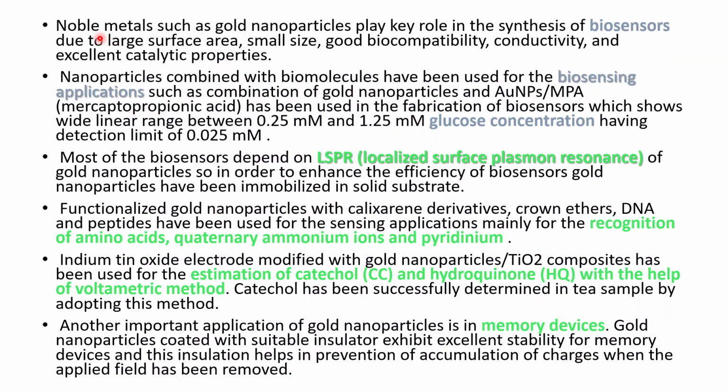And another application is that noble metals such as gold nanoparticles play a key role in biosensors, especially because of their large surface area, small size, good biocompatibility, conductivity, and excellent catalytic properties. Nanoparticles combined with biomolecules have been used in biosensing applications. It was used in biosensing, especially in detecting glucose concentration with a limit of 0.025 millimolar. We can detect the glucose levels at these low concentrations also using gold nanoparticles, especially when the gold nanoparticles combine with the